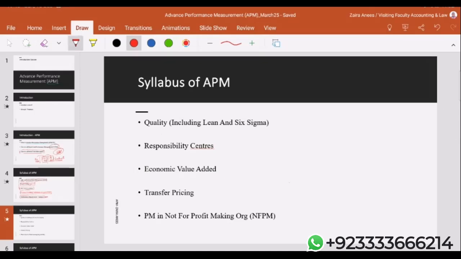Then quality is a topic which includes Lean and Six Sigma, right? This is a new topic for you all because this is something which has not been included in any other paper. Responsibility center is something which the students generally know: cost center, profit center, revenue center, and investment center. Now the way of asking the question is again quite different. This was part of F2, this was part of F5, but in the APM paper, it's more